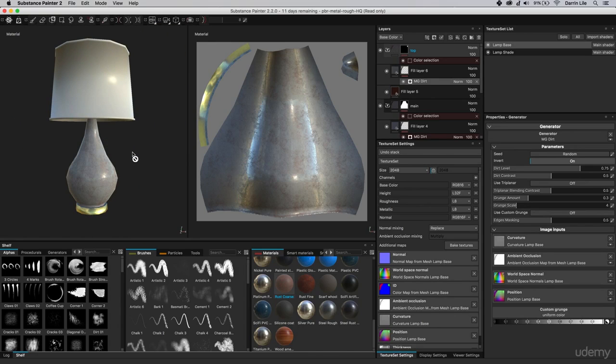And there is the base of our lamp. Now, of course, there's more we can do here. There's lots of settings to adjust. But my point here was not to give a thorough tutorial on Substance Painter. My point is that once again, there's yet another way to organize your objects and your materials for export out